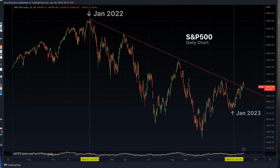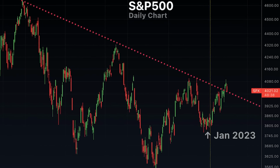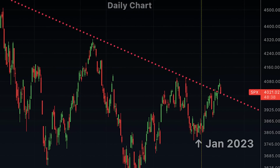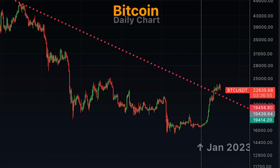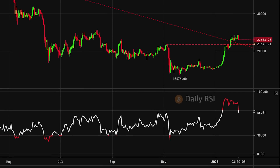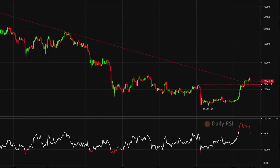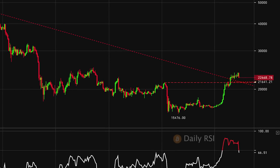And what's interesting is that there is a direct correlation between what Bitcoin's doing and what the stock market's doing. The stock market has broken the year-long downtrend and is back testing it today. Bitcoin has broken the year-long downtrend and is above it and potentially back testing it right now. On the daily, the RSI has just exited overbought territory, so we are getting a cool down. And the downward sloping resistance, which could be the new support level if we hold it, if we maintain it, is coinciding with the previous resistance of 21,500,